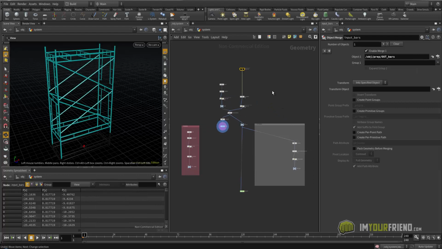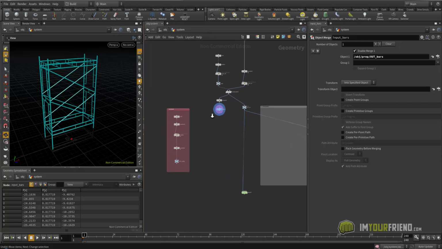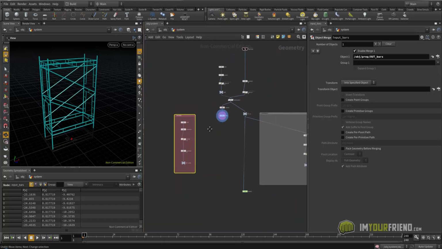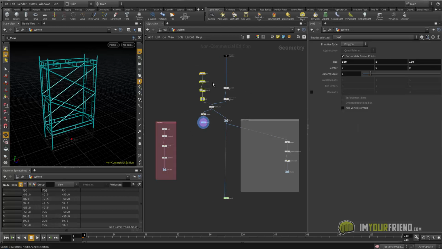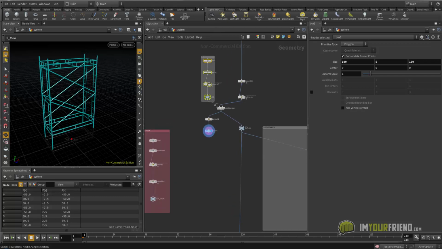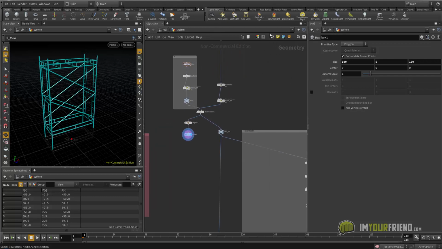What I did, I took the liberty to organize this a little bit more. So let me show you what I did. These really cool backdrops here make it very, very nice to manage this network. Basically, if you just select a couple nodes up here and then go up to this little icon up here, and hit create constraint network, it creates a nice little backdrop over here, and you can scale it, or if you just select nothing, you can create whatever you want here, and then you can just double click up here and name it I'm awesome,